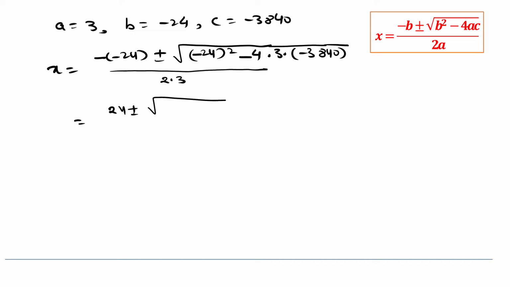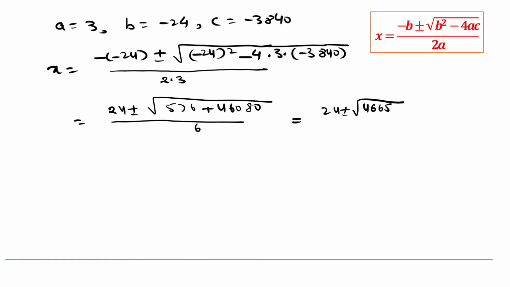Simplifying, we get 24 plus or minus under root 24 square is 576, plus minus minus becomes a plus, and the multiplication is 46,080, is equal to 24 plus or minus square root 46,656 over 6, and as the square root of 46,656 is 216, we get 24 plus or minus 216 over 6